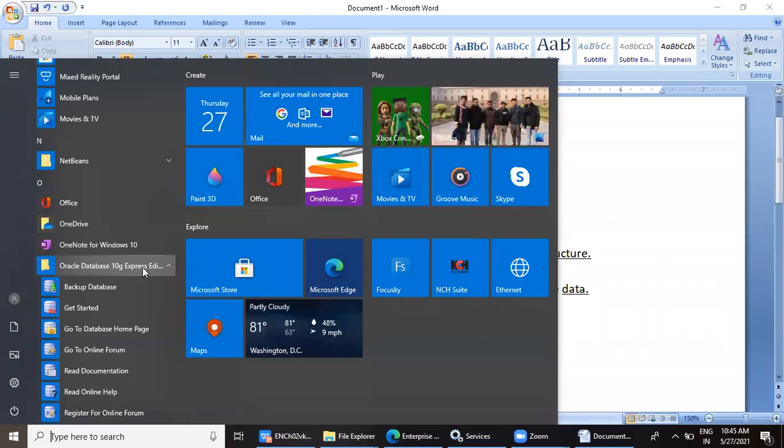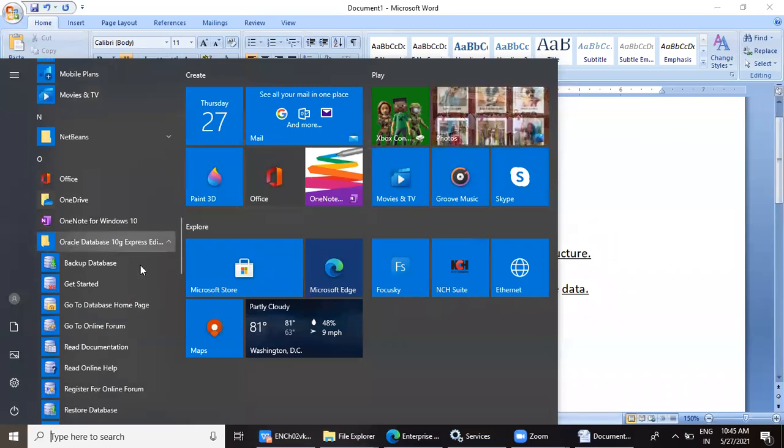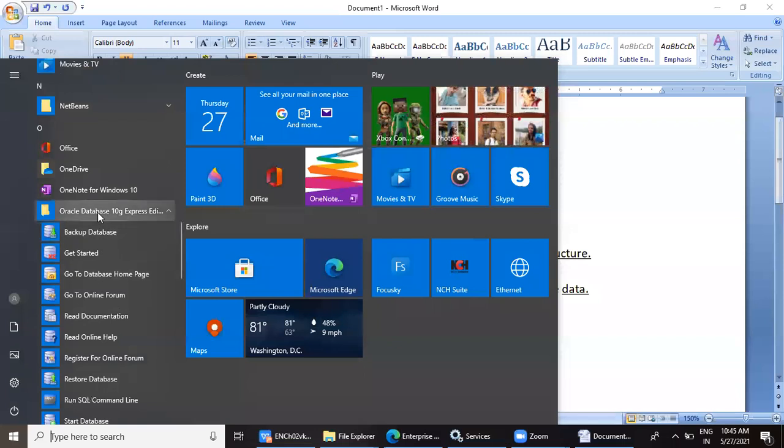Everything has to be typed. So we are going to work with command line interface first. See under Oracle Express 10G, once I click on this explore button, you will get all these options. Among this, we are going to click on this Run SQL Command Line. All of you note down.